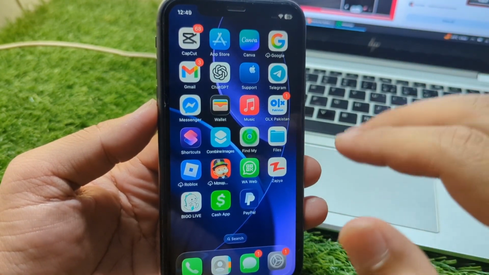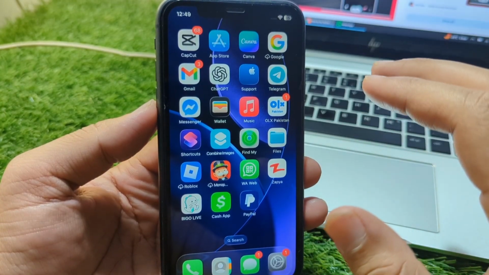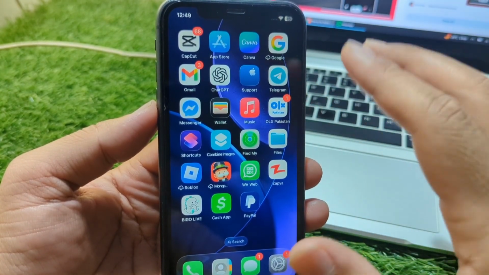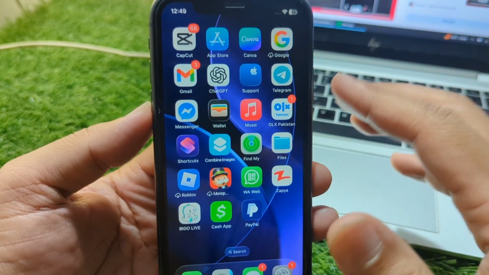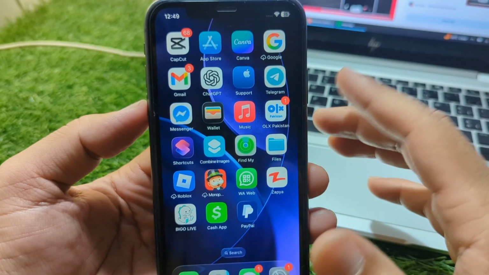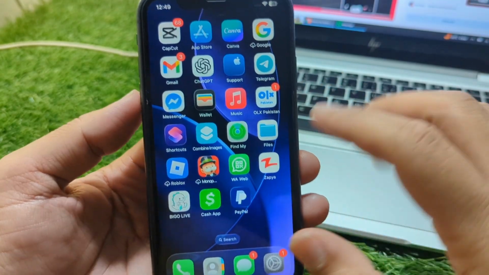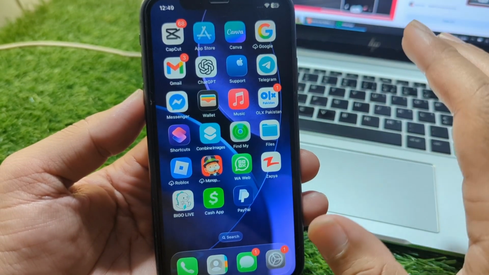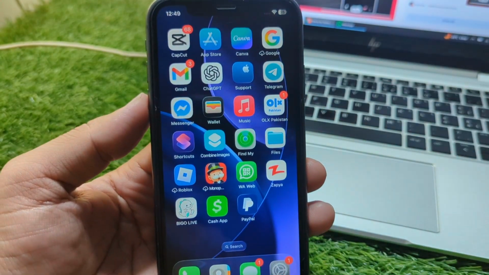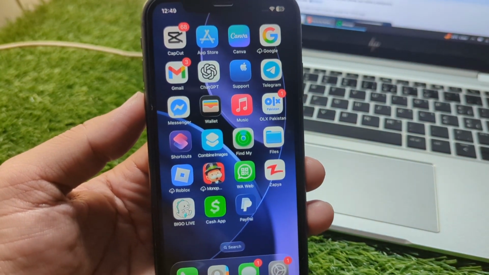and if the problem is still there, then go for the next solution, that is you have to simply restart your device for one time. So guys, for that press and release the volume up button and then down, and keep holding the power button until your device restarts. So guys, do this and check if the problem is fixed or not,